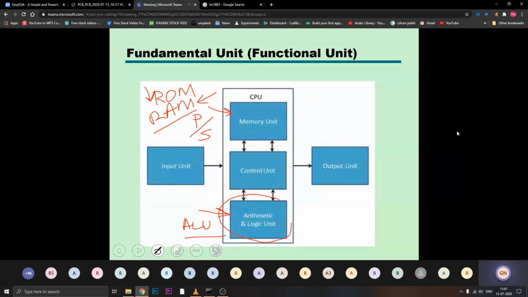If I'm doing an addition, for example where a plus b is done and the result is stored in C, the arithmetic logic unit fetches the data of a and b from memory and calculates the addition, and whatever the result is, it stores back to C in the memory. Okay, so it writes back to the memory, so that later on it can be given to an output device also if needed. Okay, so in this way it works out.